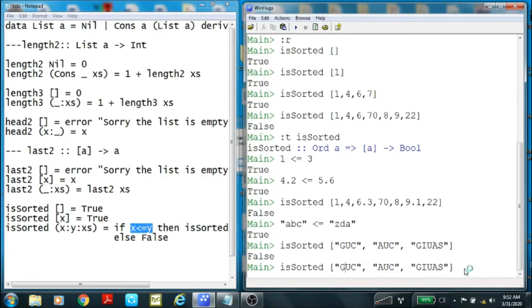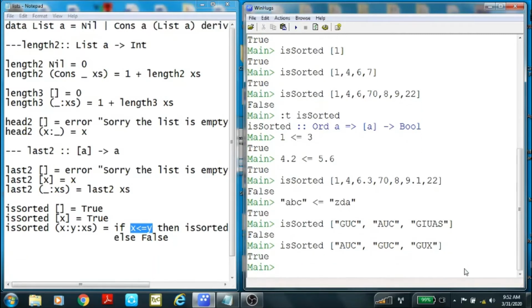However, if I change the order, with an AUC smaller than the GUC, and then the GUX as the last element, then I know exactly that the GUC is smaller than or equal to the GUX,